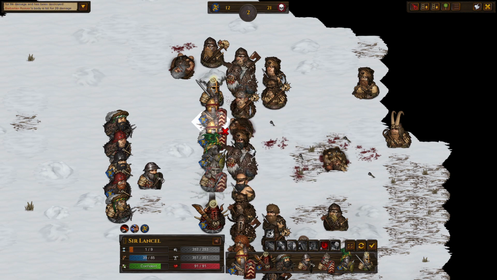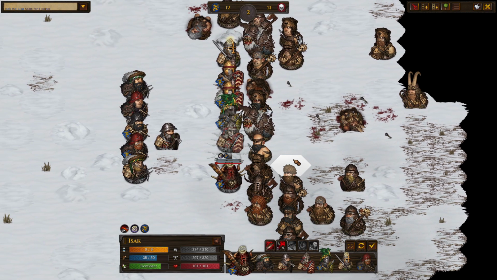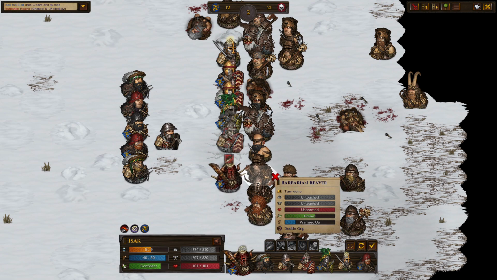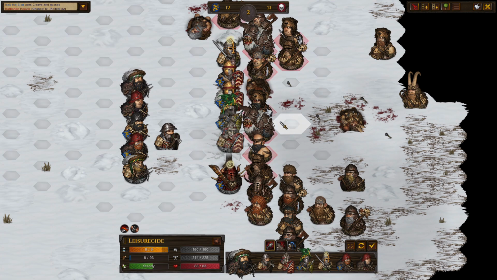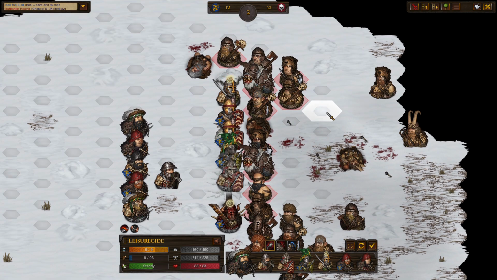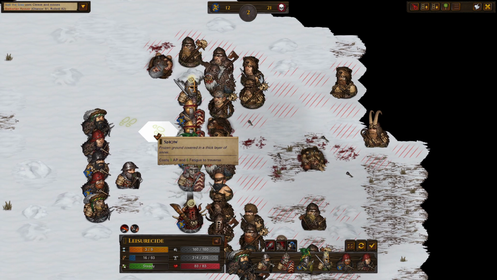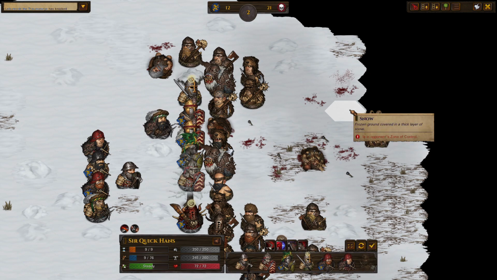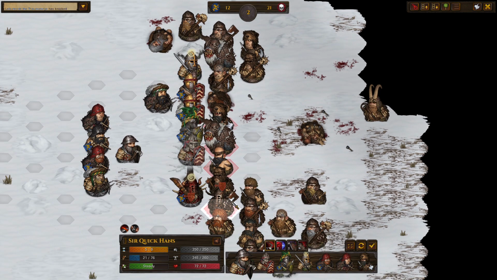We don't need to Indomitable with these two because they're not standing next to an Unhold. Terrible miss. Can we step in here? It's probably the safest place, and if we can kill this drummer... Oh, we didn't kill him. But...